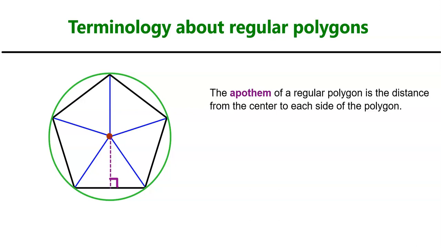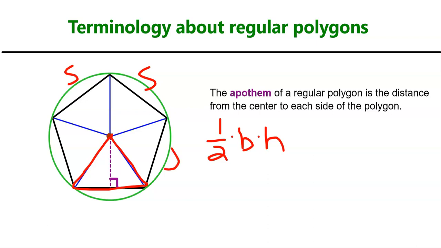So now we can start talking about the area of this regular polygon. So for example, in just this triangle here, the area is 1/2 base times height. Well, the base of that is the length of the side, which we normally call S in a regular polygon. So that is 1/2